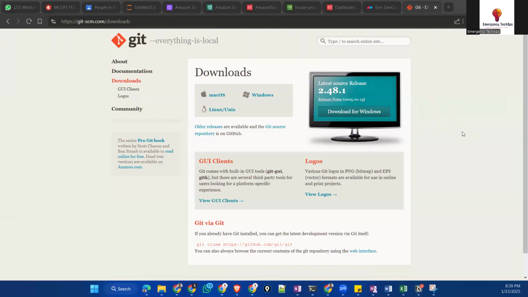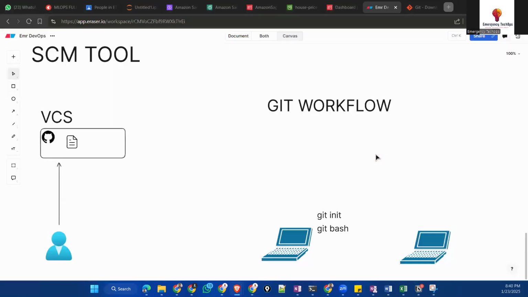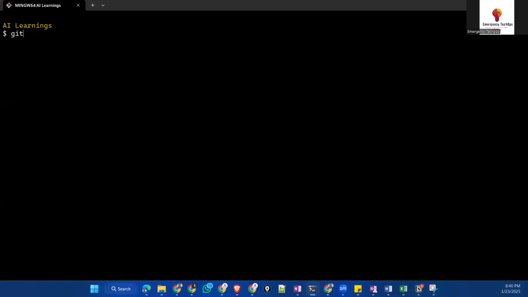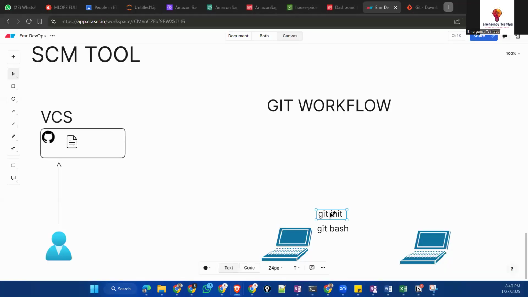Now what will we do? git init will initialize your repository. So I'll run git init. What happens here is it initializes and makes the repository ready for you.